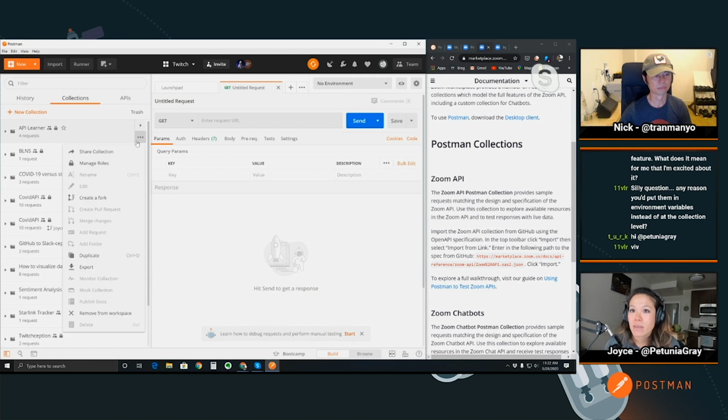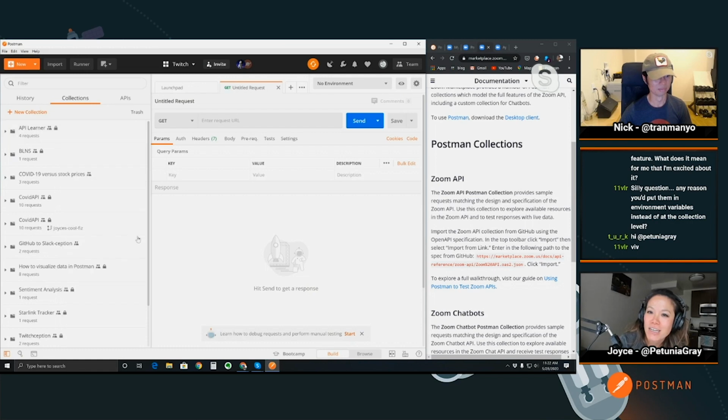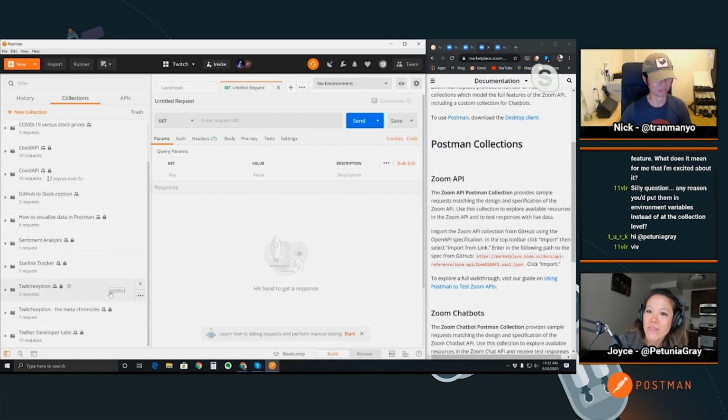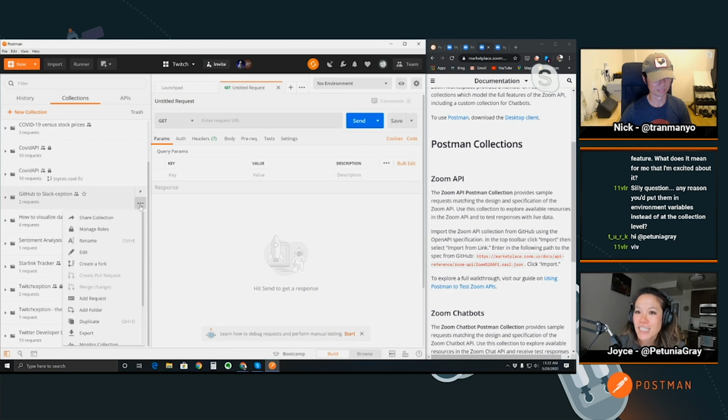of the name. This is role-based access control. We don't trust Nick to work on API Learner, so he can't edit it. Find one without a lock. Yeah, any of those without a lock. Oh, this one. Yeah. Go to edit